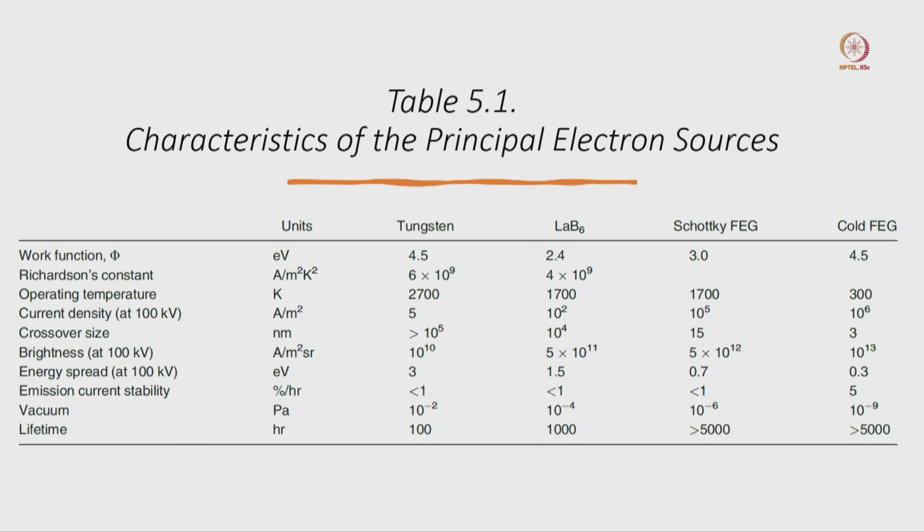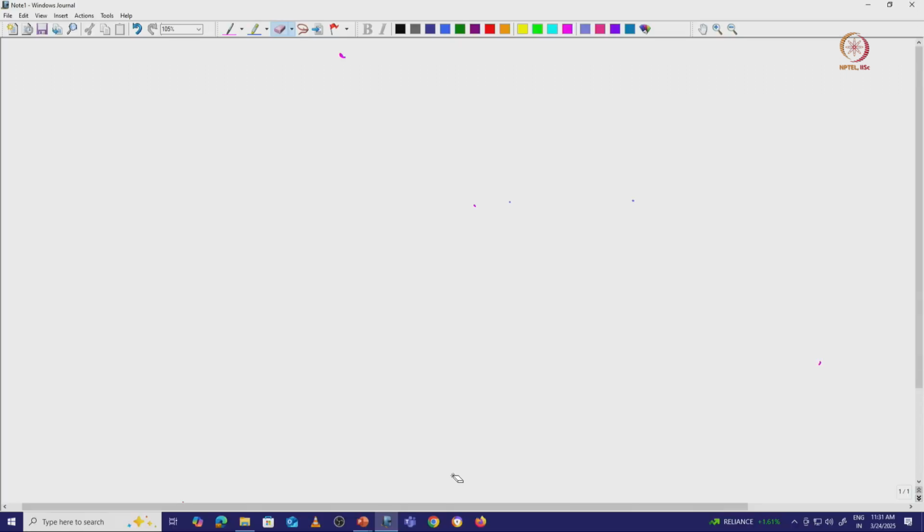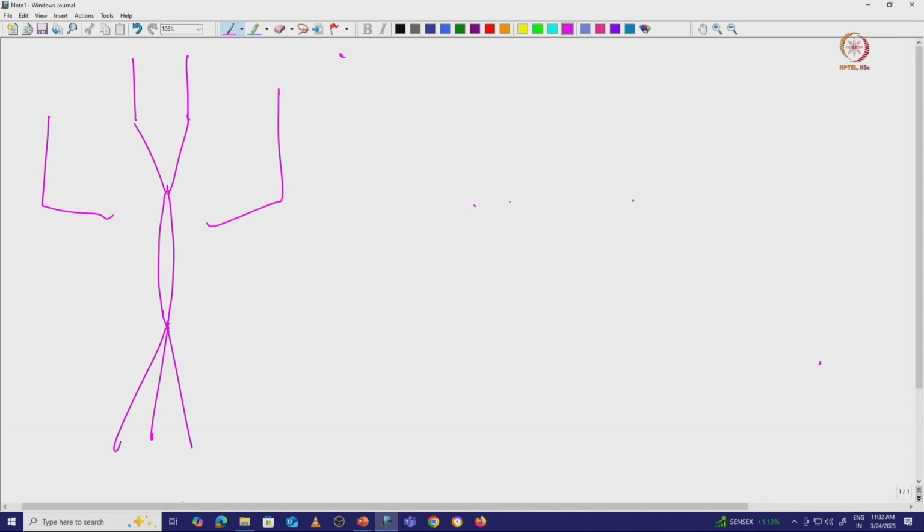Here I want to cover one important part, so it is better we know what it is. As I mentioned previously, if there is a filament, the electron beam will merge here, and this is our Wehnelt cylinder. Whether the Wehnelt cylinder is there or not does not matter. Even if there is a field emission gun, there will be two anodes. Finally, this electron beam will come and merge somewhere here, and then it will go like that.